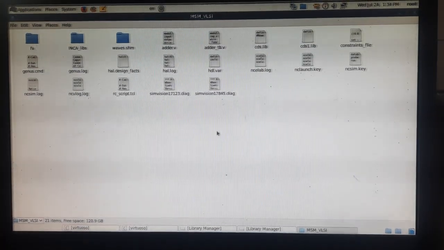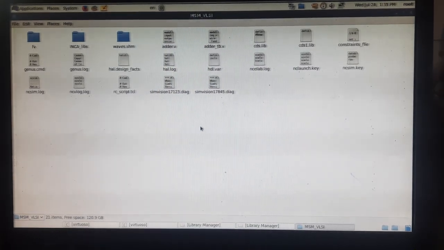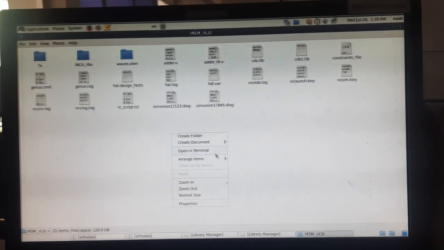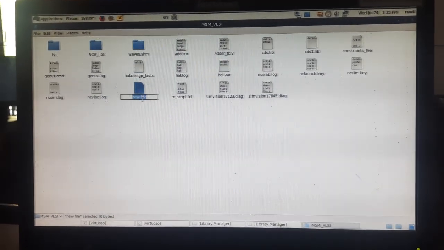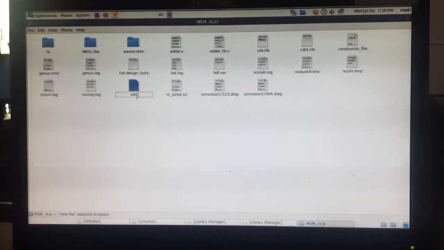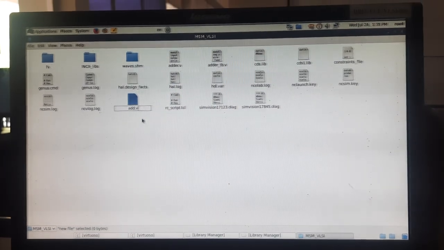Inside your folder, there are many files. So I'll teach you how to do it from the beginning. You need to create an empty file, a Verilog file. So right click, create document, empty file. You need to name it. Whatever experiment we're going to do, we need to name it as such. And .v is mandatory because it's a Verilog file. So once you type that in and press enter,